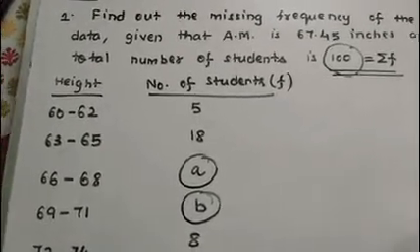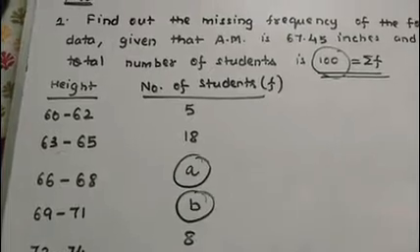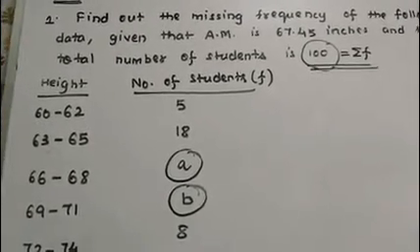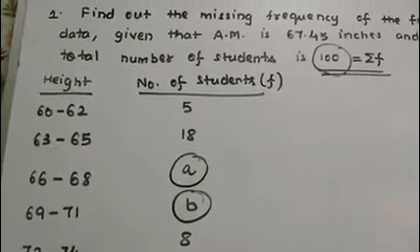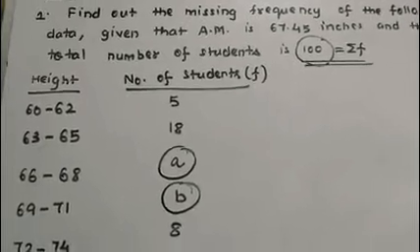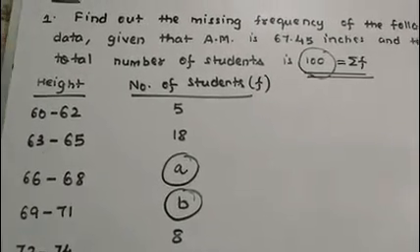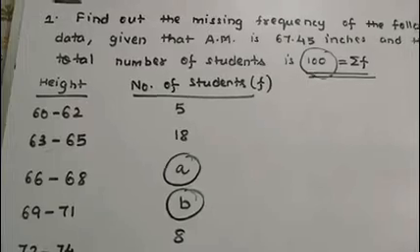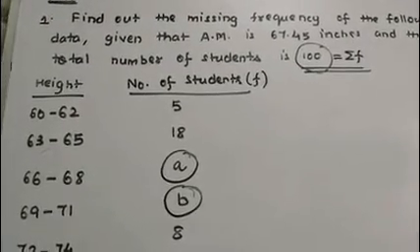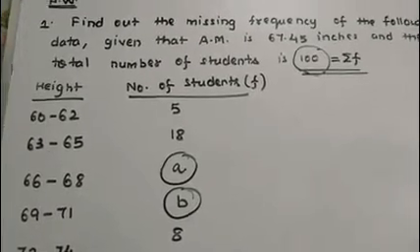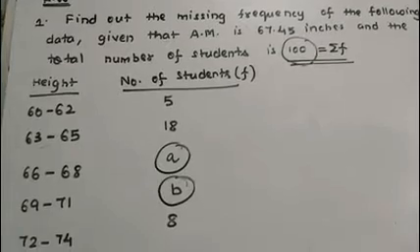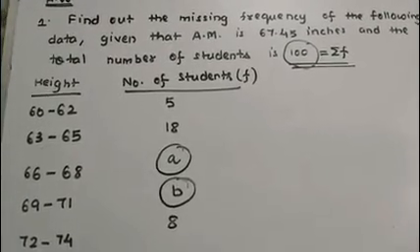So this is all for today. Today we learned the basic concept of arithmetic mean and, using the arithmetic mean formula, how to find the values of arithmetic mean, as well as how to find the missing frequency. In the coming classes we will deal with the less than type table, and then the next topic of this chapter, that is median and mode, we will try to cover. Till then, watch this full video. If you have any doubt, tell me, I will try to resolve that.